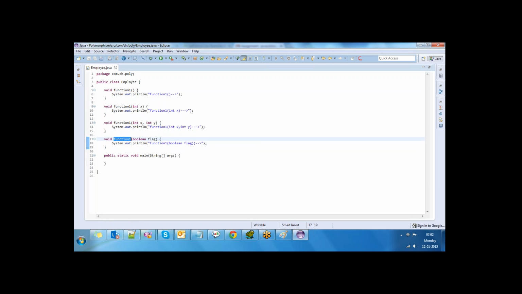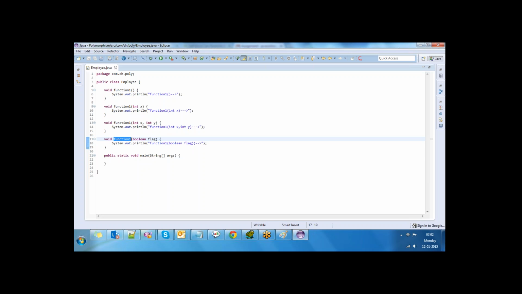So what is the difference between these two methods? Line number 9 method and line number 17 method. Parameter. Data type is different.